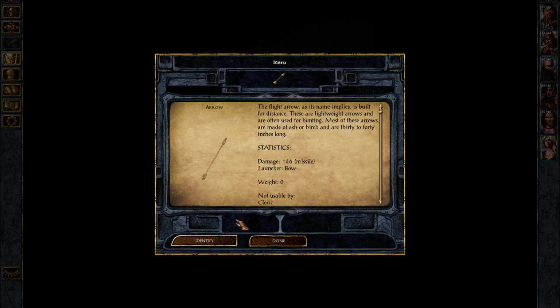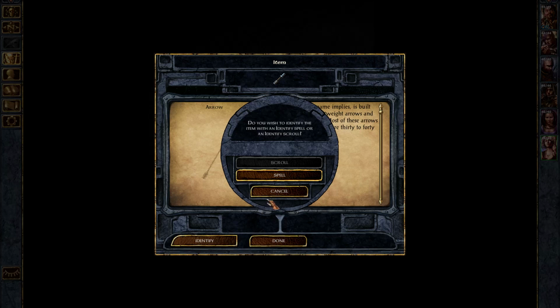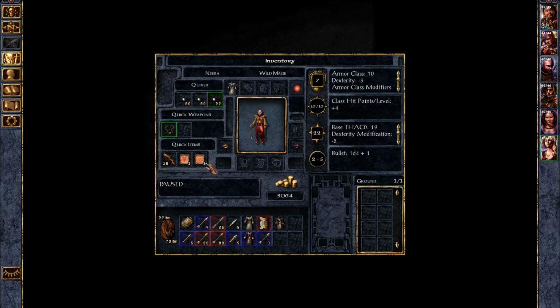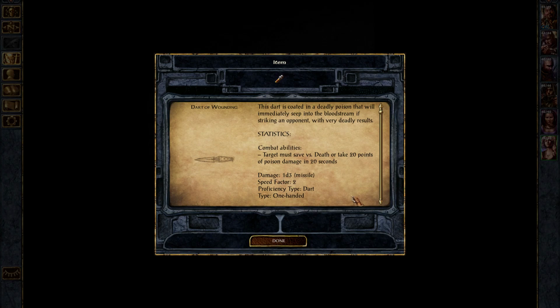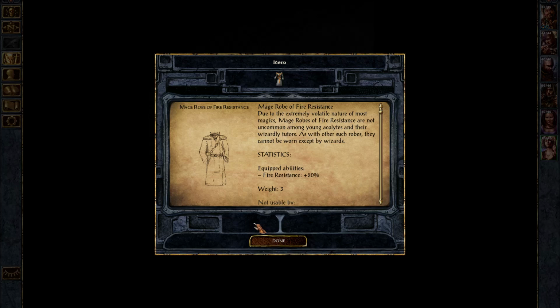Arrow +1. Arrow +1. We'll leave the bolt alone for now. This is an ice arrow. Alright, 1d6 plus 1d6 cold damage, so it doubles the damage of... We're going to get more of these soon, so we won't identify those yet. Dart of Wounding. Target must save versus death or take 20 points of poison damage in 20 seconds. So, basically poisons you. Or poisons whoever you hit. We're giving these all to...